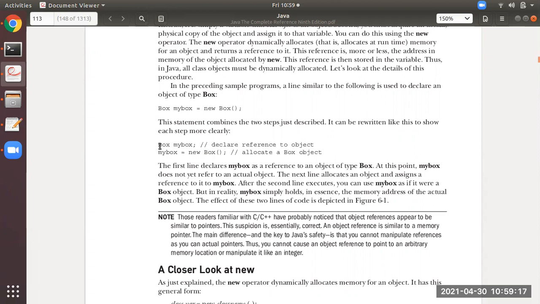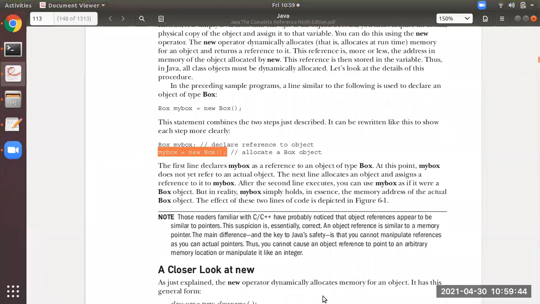So what is this actually? Box mybox. With this, it will only declare an object. It will not be allocated with the instances of class Box. When you write new, only at that time will mybox be allocated with the instances of class Box.